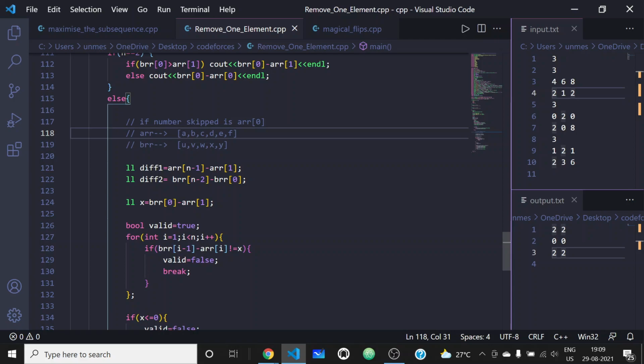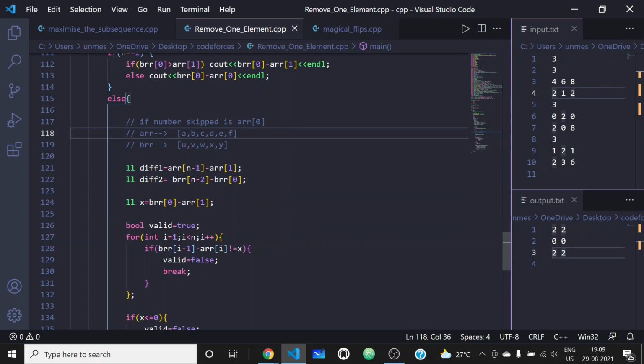Suppose the element skipped was this, right? In that case, all these elements will be added by x to construct this array. So the difference between the first and last element of this new array will be the difference between some element here and some element here.